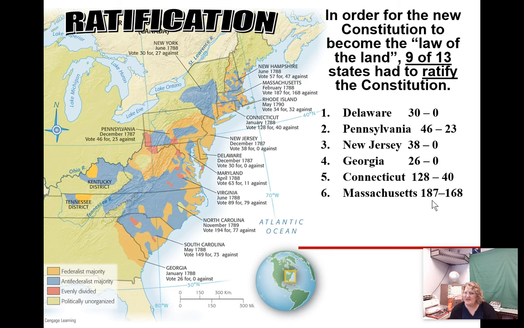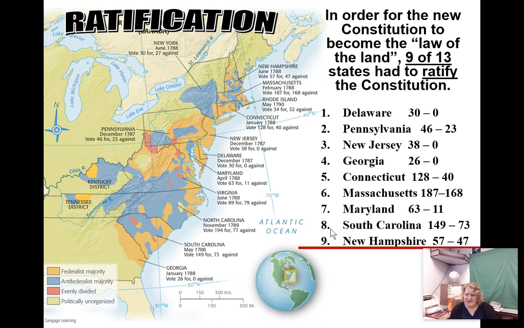We're getting a little closer here. Massachusetts was 187 to 168. So there was not a unanimous vote here for Massachusetts. February of 1788, Maryland passes it 63 to 11. So if we look there, April, so you can see this is starting to take some time. April of 1788. We've got South Carolina in May of 1788. New Hampshire. New Hampshire ratifies, June of 1788. So at this point,